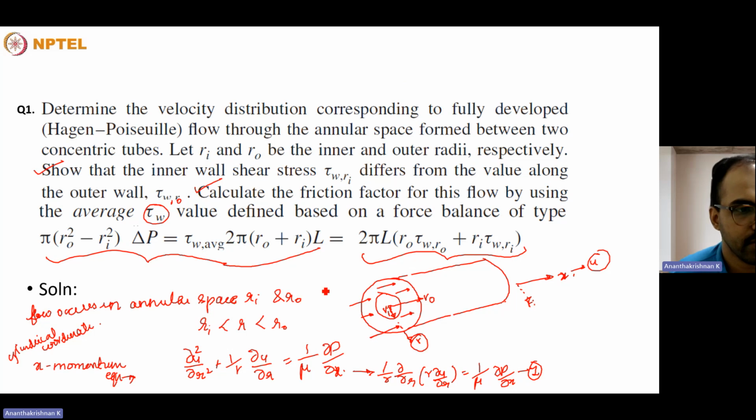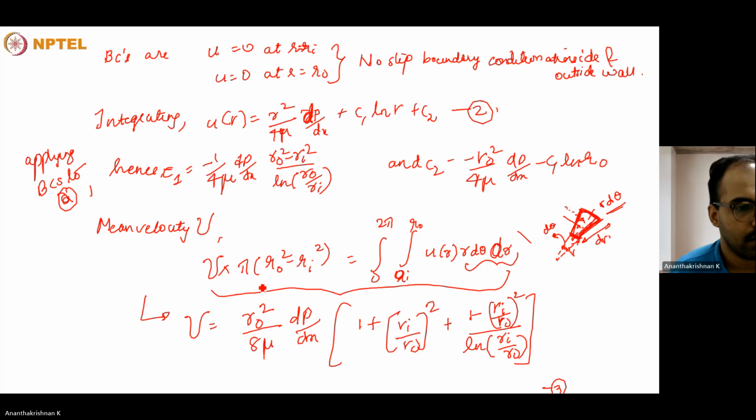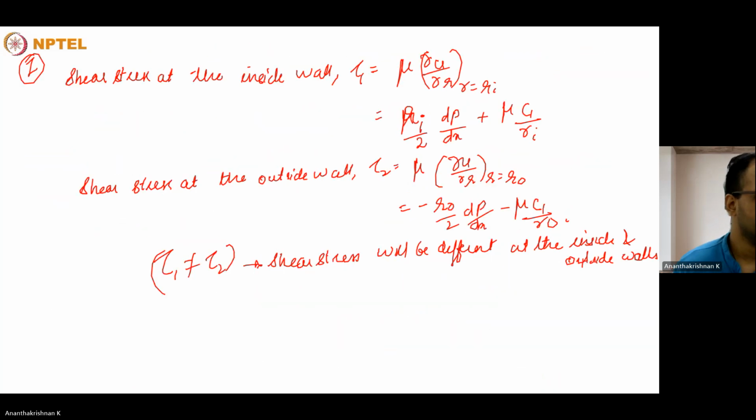So if you substitute the value of the shear stresses at the inside and outside wall surfaces, we can obtain the average value of the shear stress, and then we can calculate the friction factor in terms of the average shear stress value as well as the dynamic pressure in terms of mean velocity. First of all, second part,